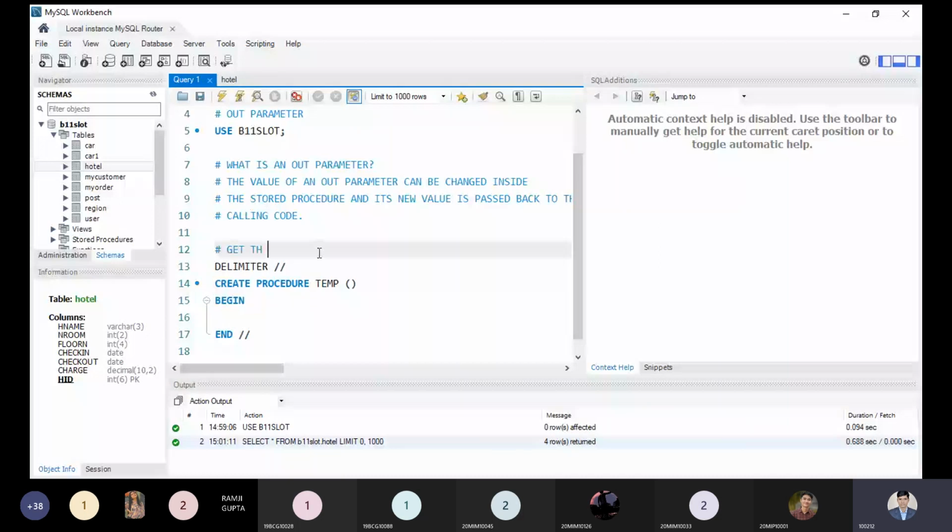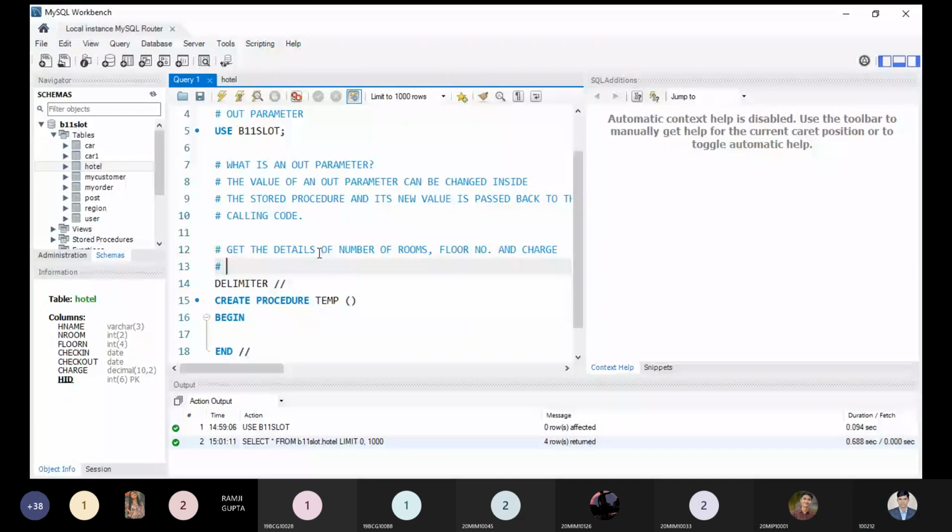Get the details of number of rooms, floor number, and charge from the hotel table after taking input as a hotel name. This is a simple concept we are trying to implement.